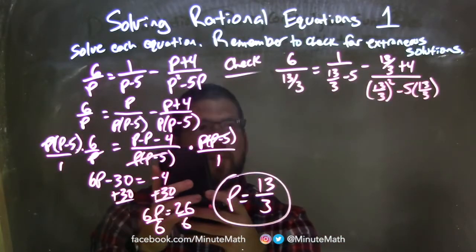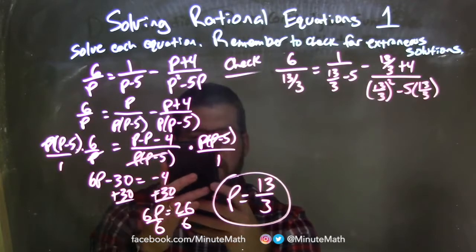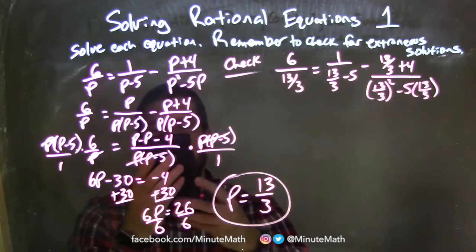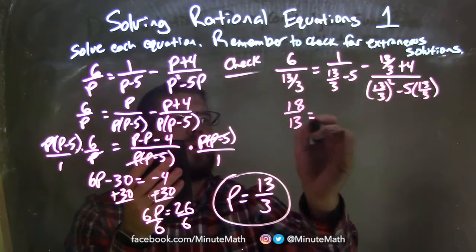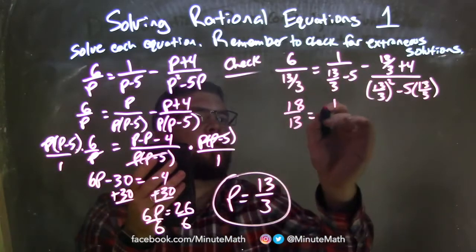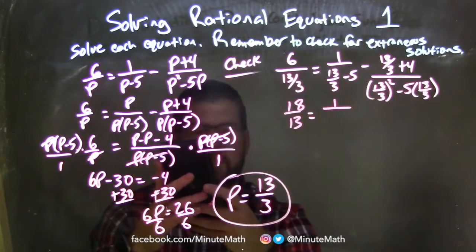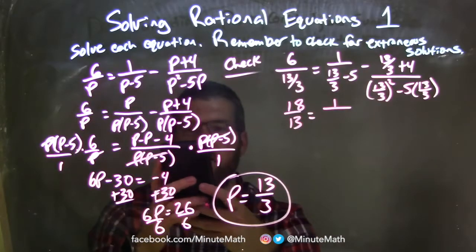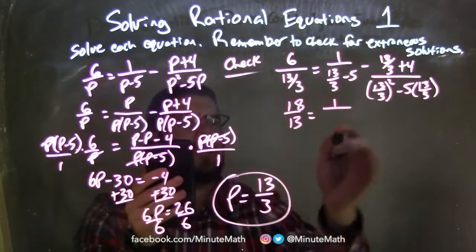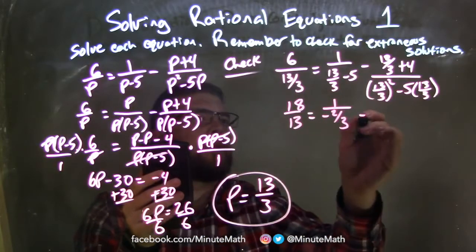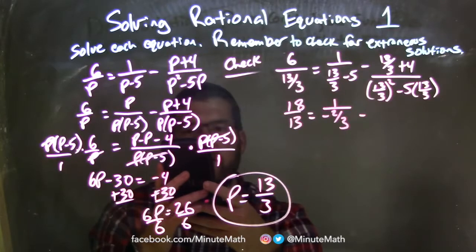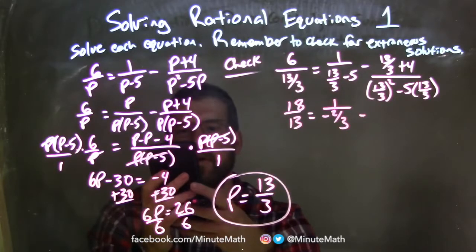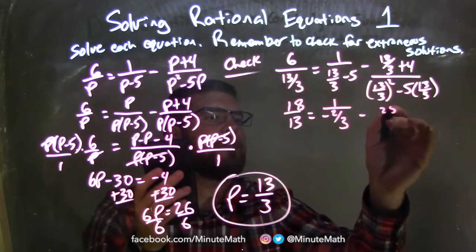So I have 6 divided by 13 divided by 3, and I have a fraction of 18 thirds here. This one here, that 1 over, I'm going to simplify the denominator, 13 divided by 3 minus 5, and our fraction here is a negative 2 thirds minus 13 over 3, the numerator there, plus 4 is a fraction of 25 thirds